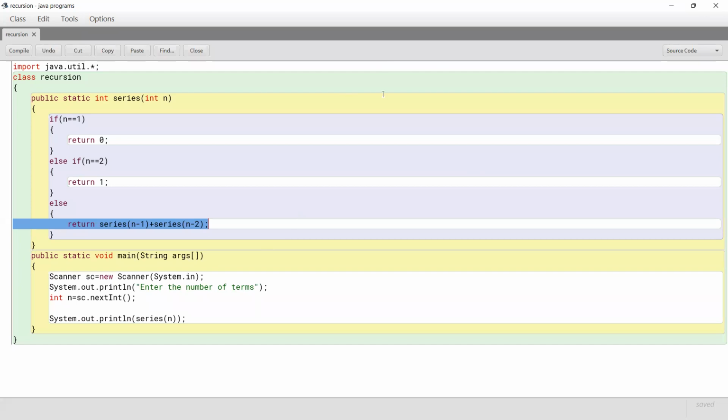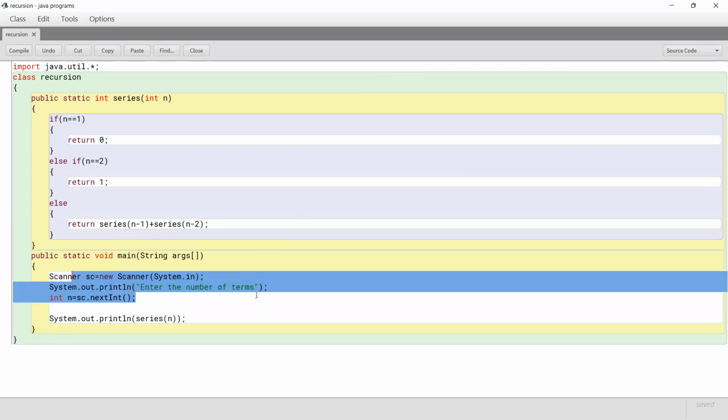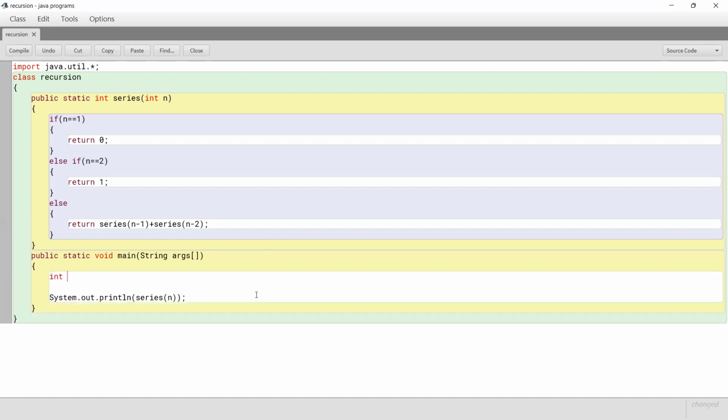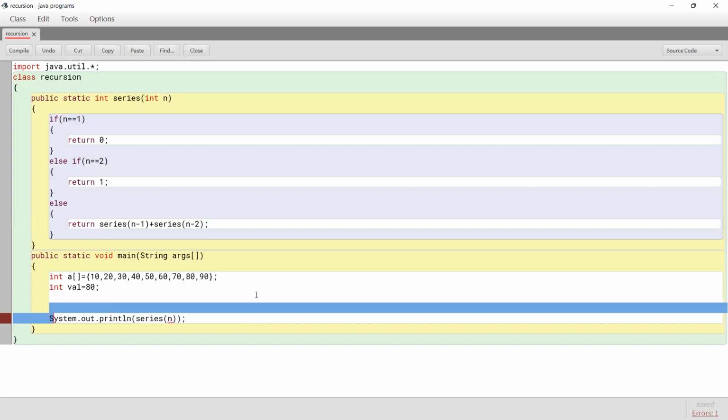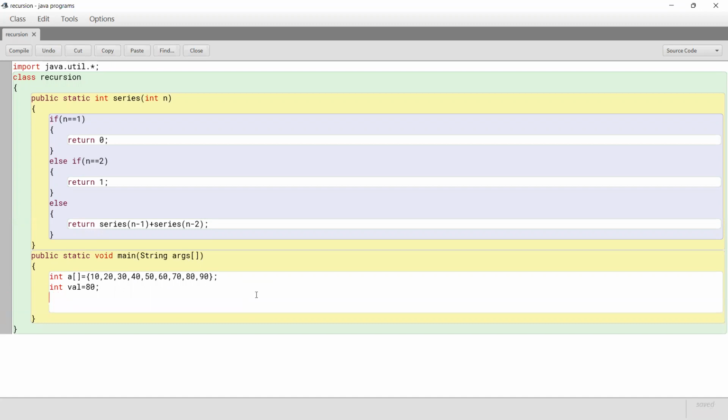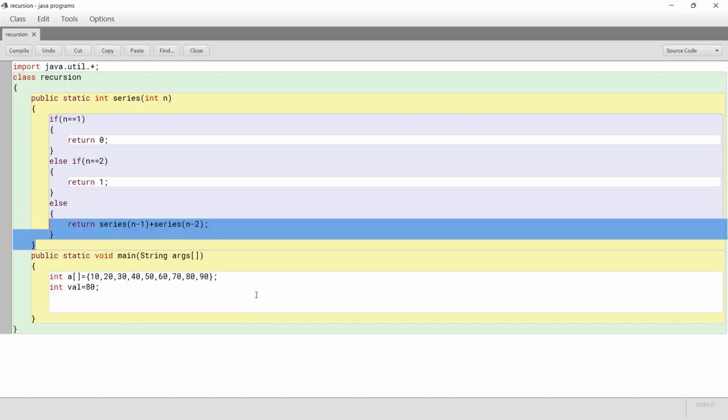So suppose, let me take an array. I'm not taking any input. Let me take an array like int a, a simple array 10, 20, 30, because if I want to take the input, it will take a hell lot of time. So let me take the array like this, and I'm trying to find a value called val, and I'm taking 80, say. And without using any function, I can do this. So what I will do,